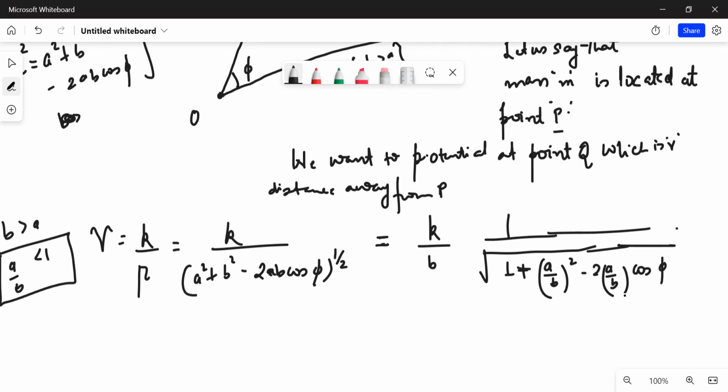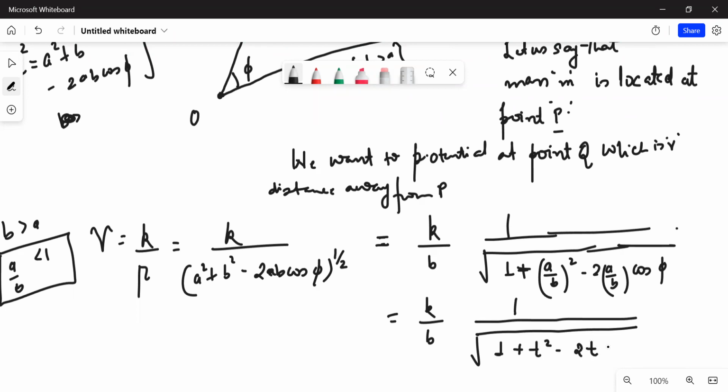So this takes the place of t square, and in place of x you have cos phi. So if you want to express, I'll write it here, 1 plus t square, and then minus 2t, and then x. Is that clear? And you know that your t is less than 1. Is that clear? So I've already told you that this particular expression serves as the generating function for the Legendre's